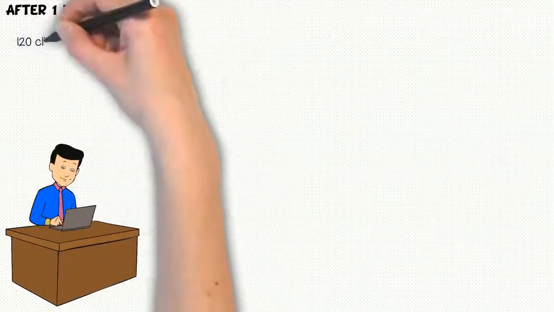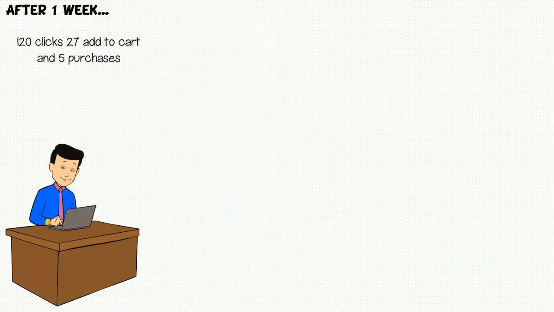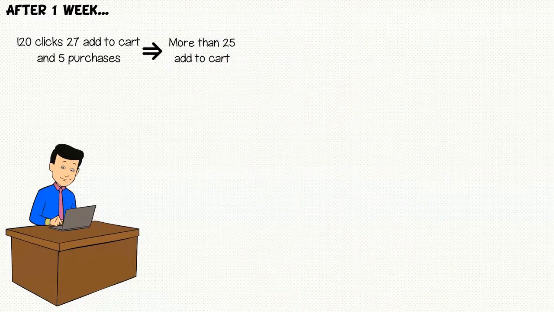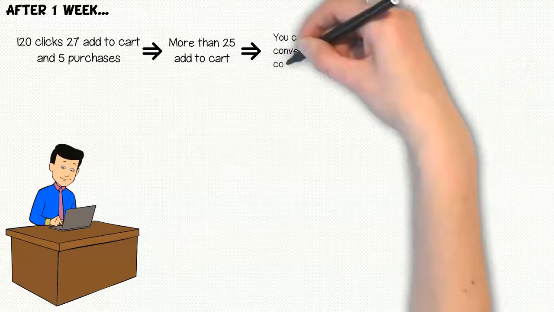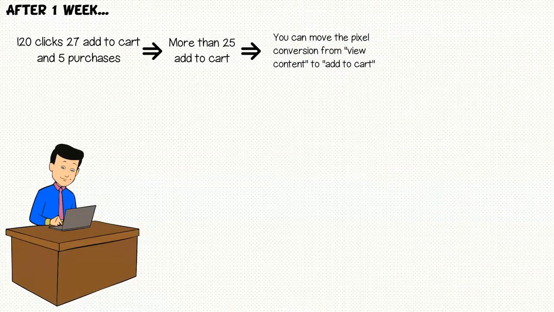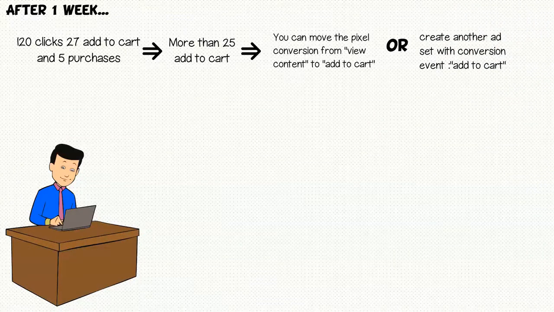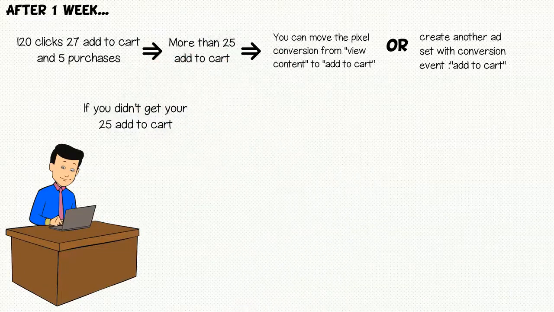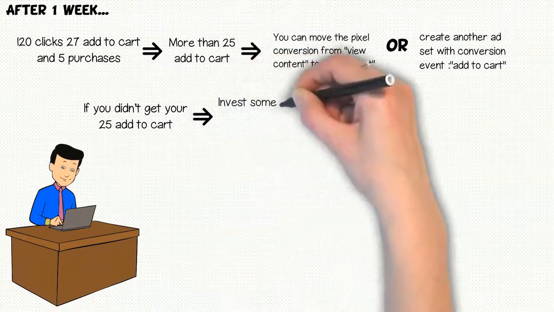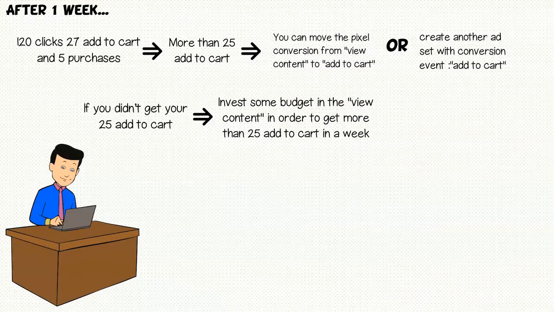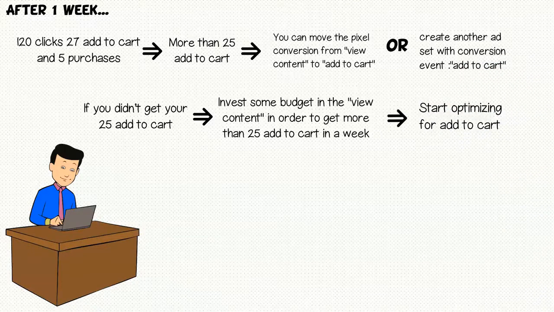Let's say after 1 week you have 120 clicks, 27 add to carts, and 5 purchases. Now you can see that you had more than 25 add to cart. This means now you can move the pixel conversion from view content to add to cart, or create another ad set with the conversion event as add to cart. If you didn't get your 25 add to cart, you should still invest some budget in the view content in order to get more than 25 add to cart in a week,